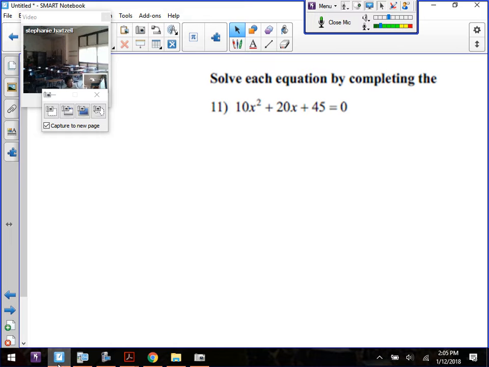So, solving equations by completing the square. Remember, the first thing you have to do in order to be able to complete the square is have one side without a c value. So what we do is we take the 10x squared plus 20x